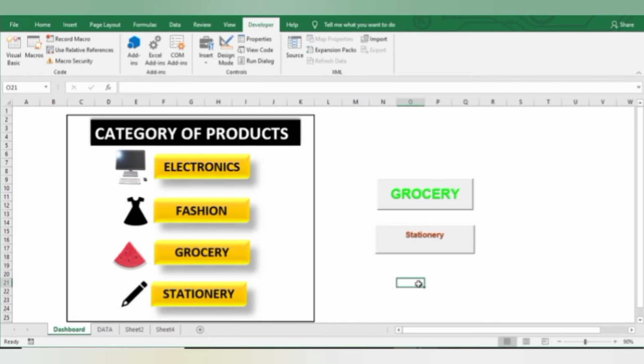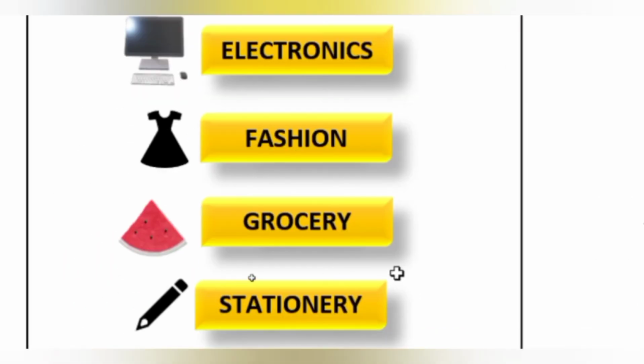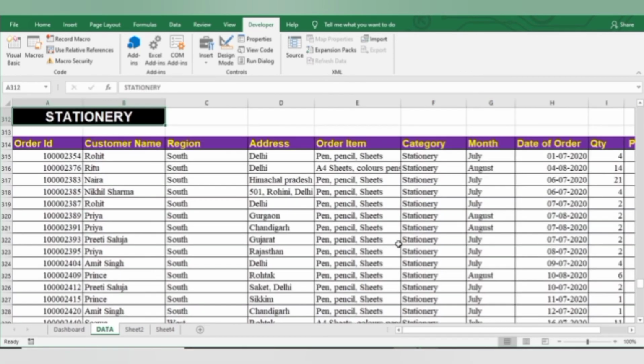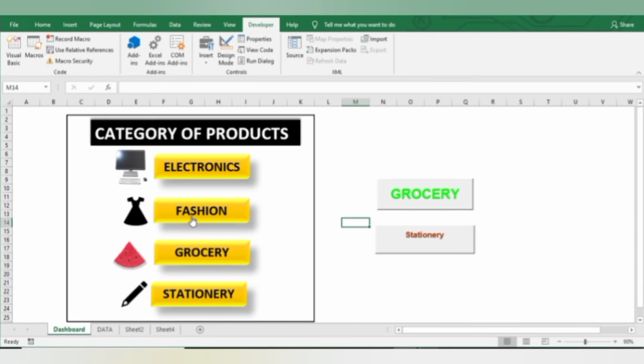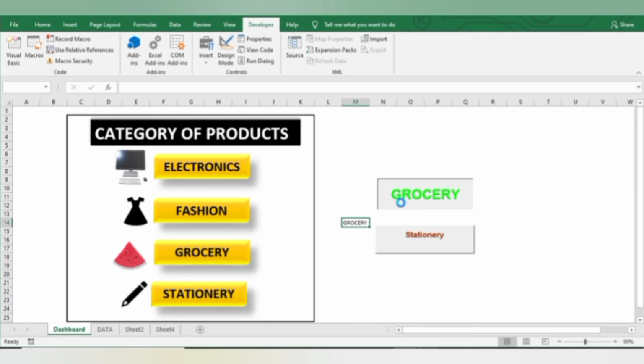So the difference between this type of button and this type of button is that you can apply styles on these type of buttons. You can give it different color. But in this type of buttons, it's like a traditional one. Here you can only change the color of your text, and in this button, if you press it, you will feel like you are pressing a button. But here in this type of button, you don't feel like you are pressing any button. So this is the basic difference of these two type of buttons.